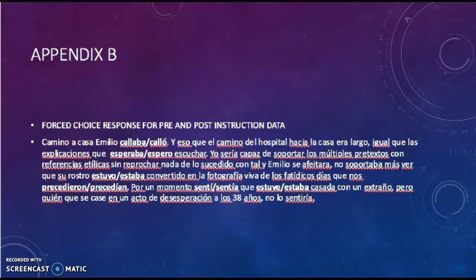So this was the first one. You can see there are words bold and underlined. They would have to decide between this verb, kajava or kajo, and they'll have to do that throughout the test. In the second